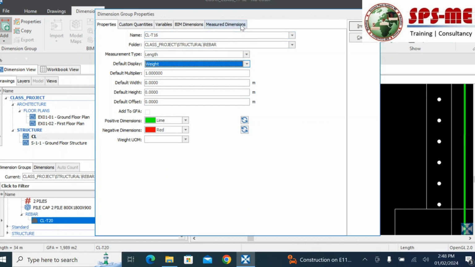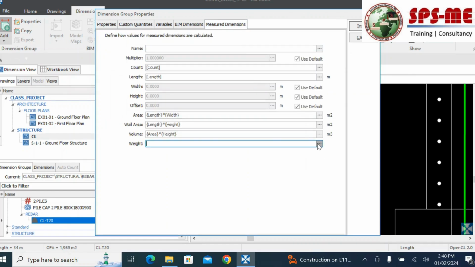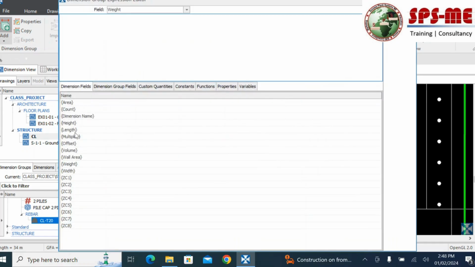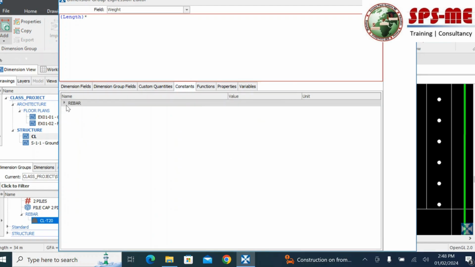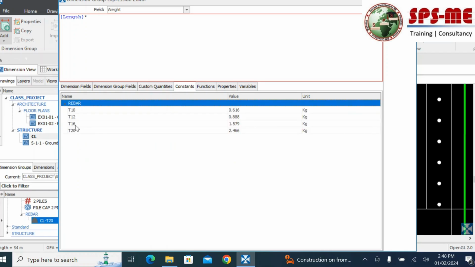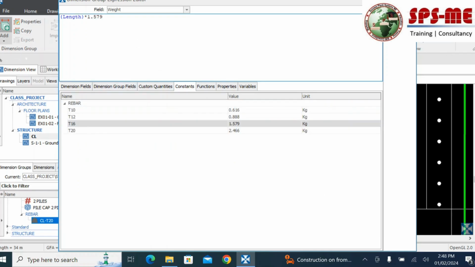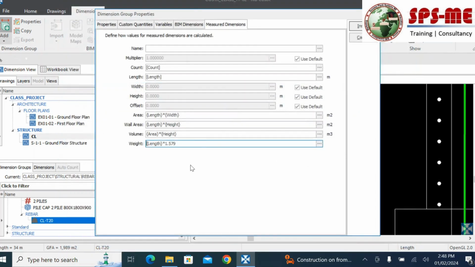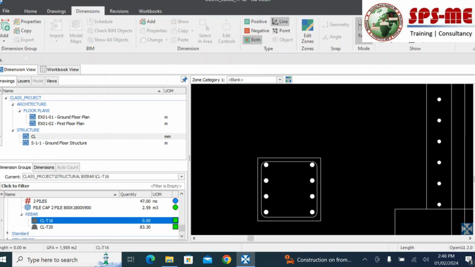Then you go to the measured dimensions, in weight you have to choose length multiplied by T16. I need to select here T16. Okay, T16 I selected, then click close. So you can see that it will calculate. I just placed it over there, then I click insert. So once I have done this,